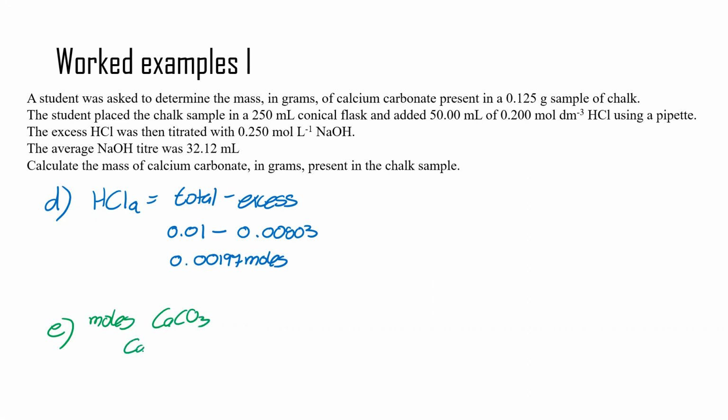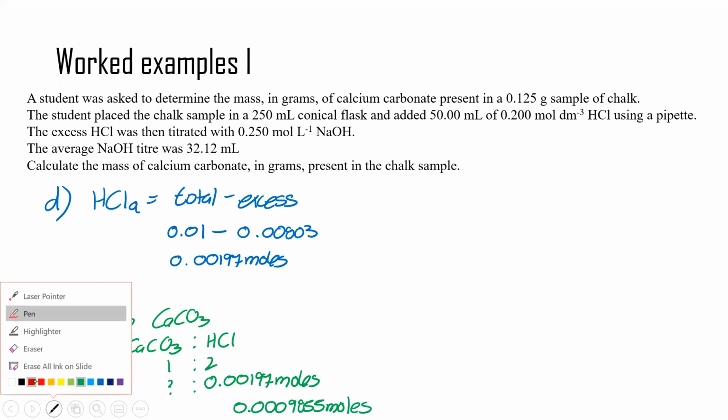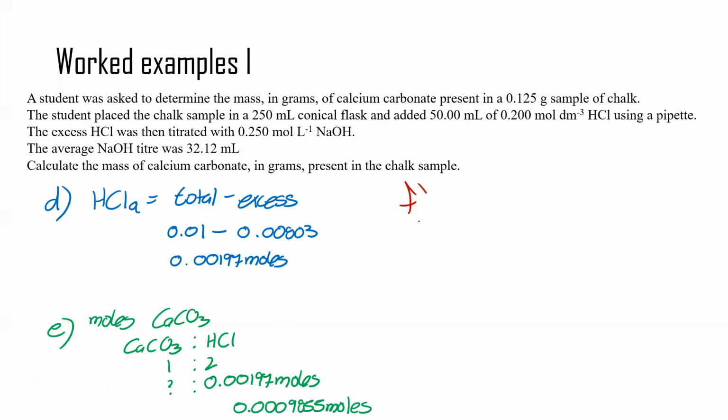CaCO3. So CaCO3 to HCl is 1:2. So how much will it be if you have 0.00197 moles? And this will be 0.000985 moles. Okay, it will be exactly half. Okay, and from here on, we have found the number of moles, so we can find the mass